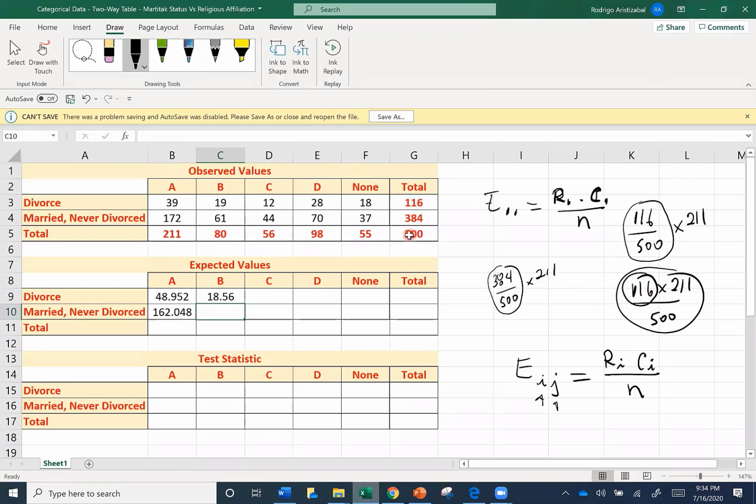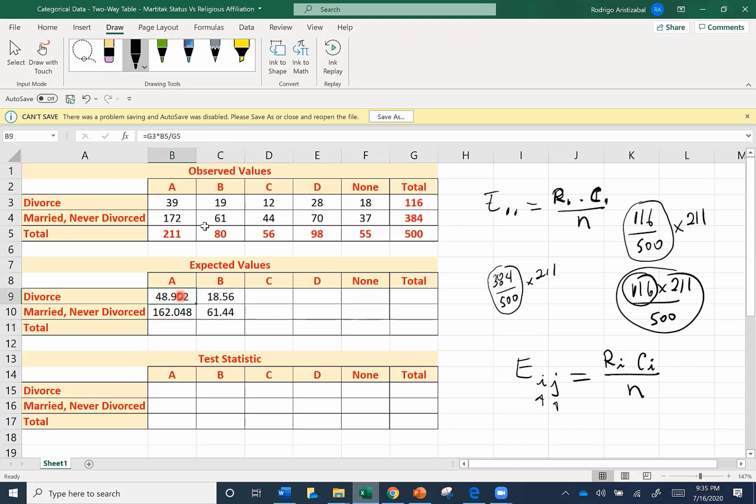What is the expected value in the second row, second column? It is equal to total row 2 times total column 2 divided by the grand total. We can continue doing that in all of these. In this case, you can do it in this way. You can continue doing this, but if your table is so big, I recommend continuing in this way. But if the table is so big and we have more levels for each variable, then I recommend